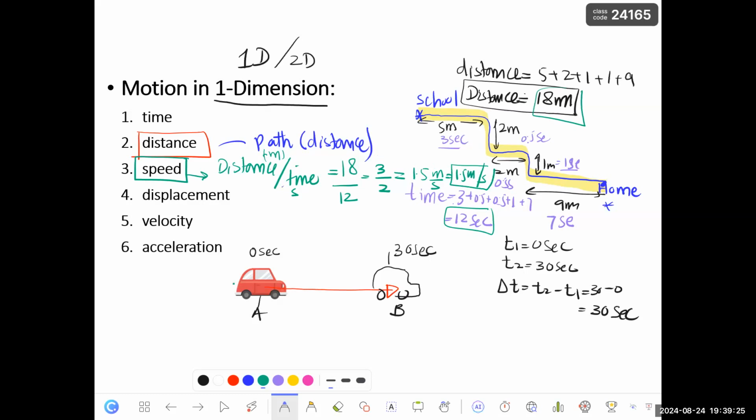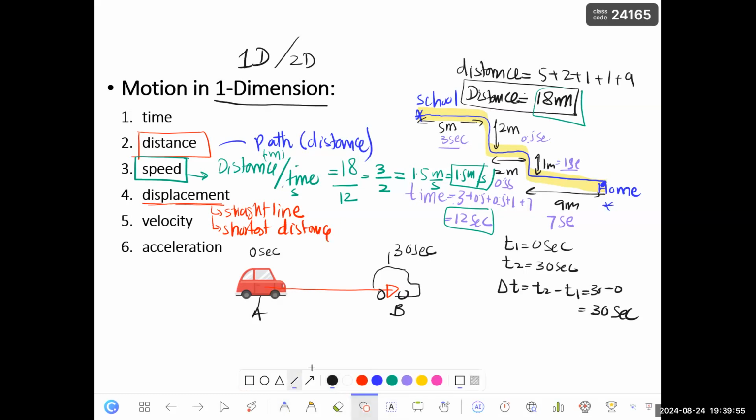Now, the same way you did with distance, I'm going to talk about displacement. Displacement is always in a straight line, and it's the shortest distance. So really what you're going to do in this case, if somebody asks what's the shortest distance to go from school to college,